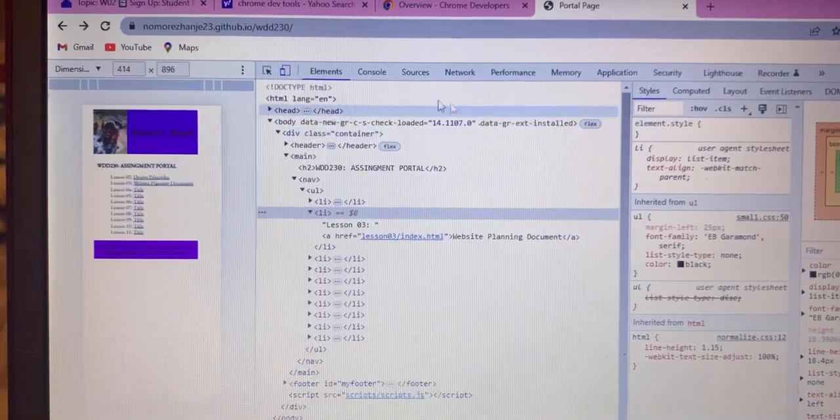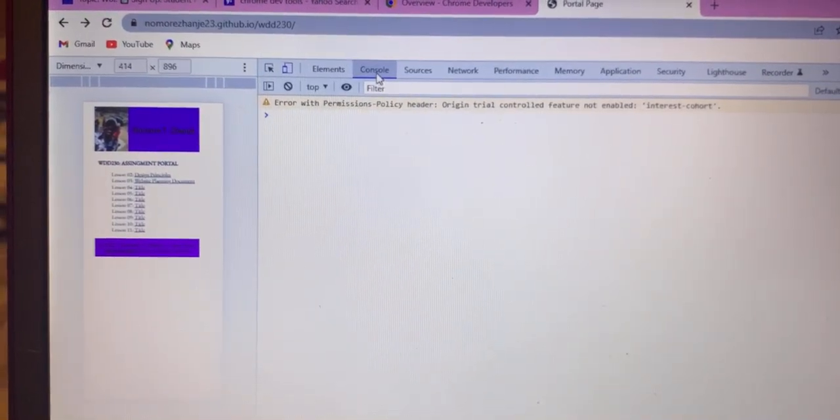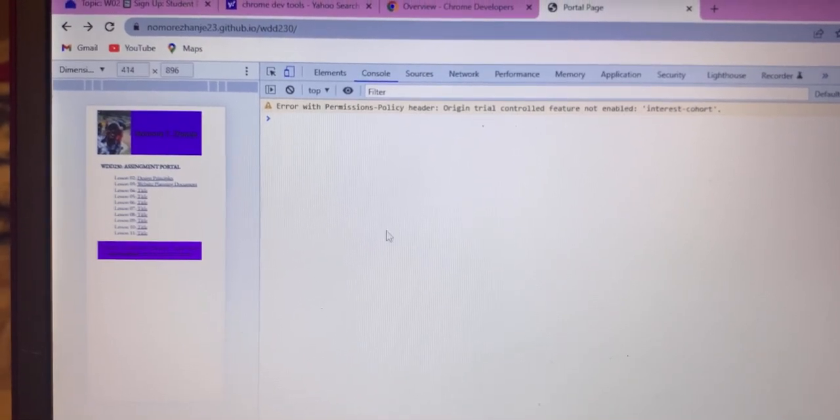Okay, sweet. So now the console, right? The console, this is where we write our code. If you want to code anything,